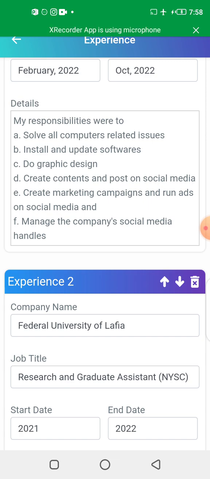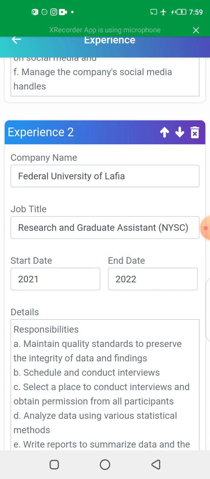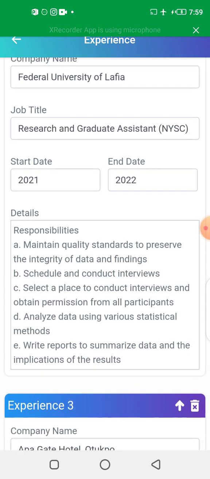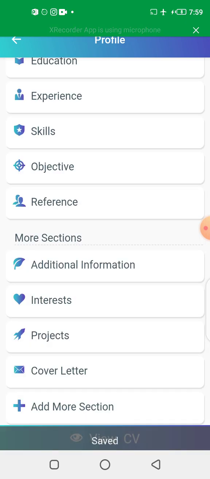I've also worked. Okay, this one is when I was serving. I served in Federal University of Lafia, and my job title there was Research and Graduate Assistant. This is when I started, this is when I ended. So responsibility, the same thing. All you need to do is go and search, you copy, and then you come and paste. You understand? When you are done, you click on save. Then you move to the next one, which is